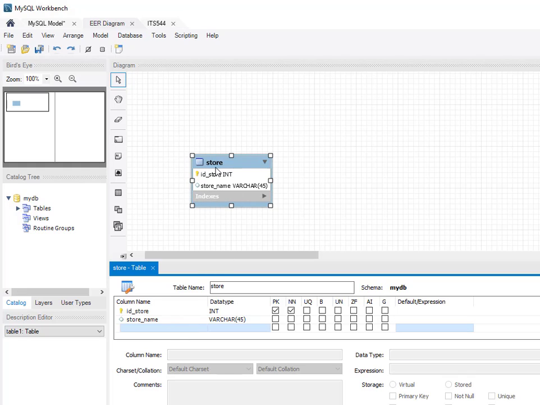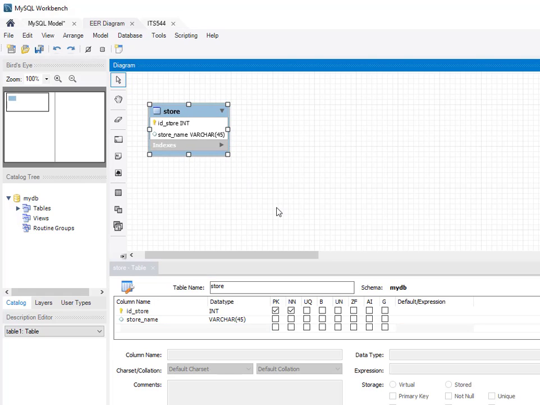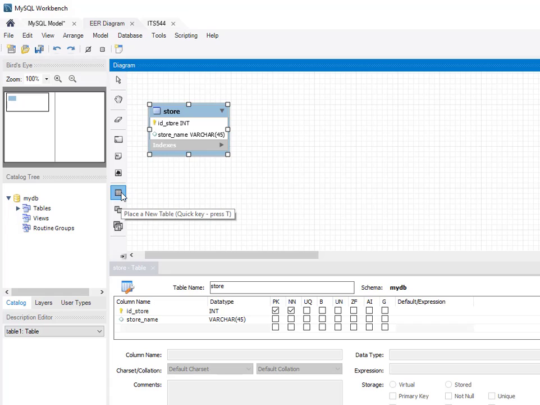All right, we have our store. Now let's start talking about the animals. And I'm going to show you the bad way, then I'll show you the good way. I'm going to create a table for the animals. And this is going to be particular pets that are in stores. So like the dog, Fido would be an animal. I'm going to create this new table and I'll call it